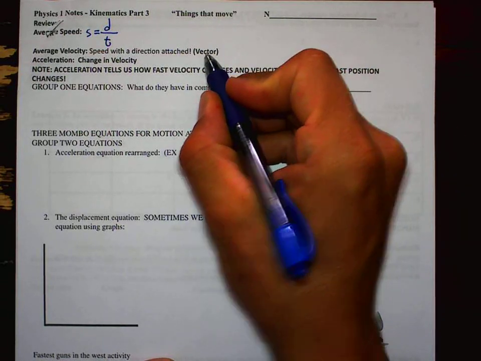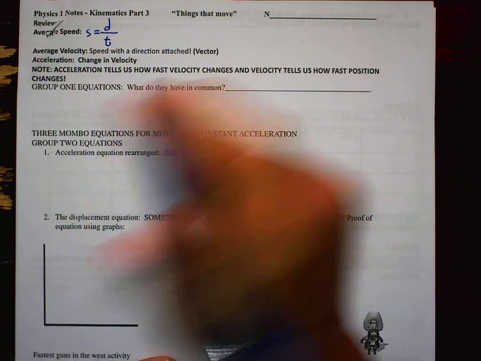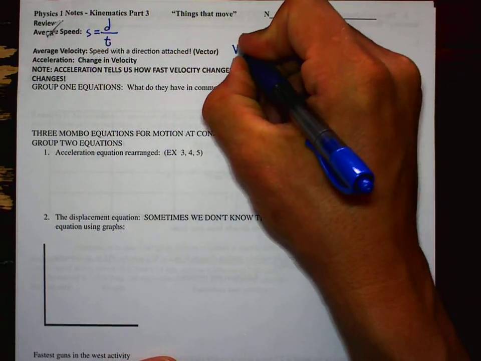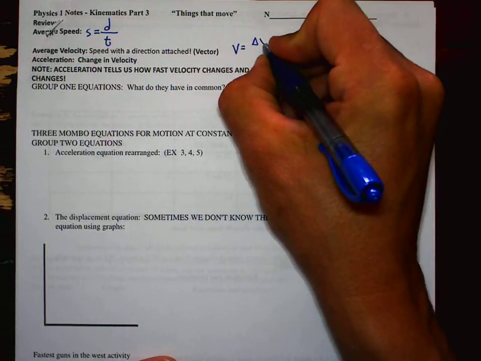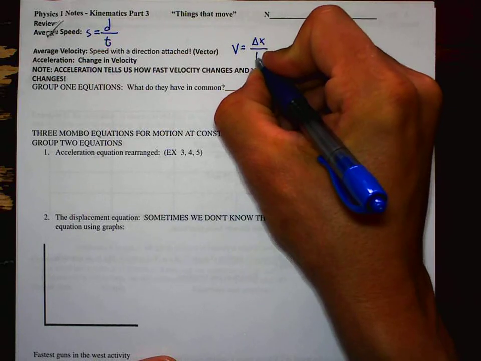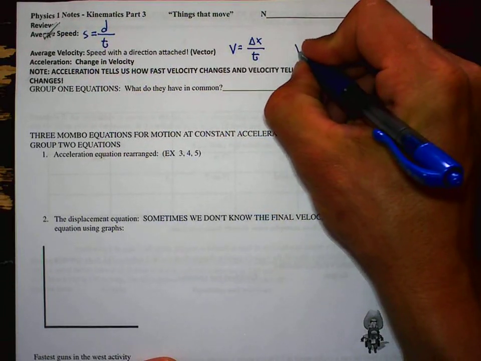Okay, average velocity, we got to attach a direction to that. The calculation for average velocity is delta x over t, change in position over time. So we would use the displacement to do that. Okay, now that doesn't account for the direction. You have to know what that is somehow. You have to be given information to be able to get the direction. Another way to get an average velocity